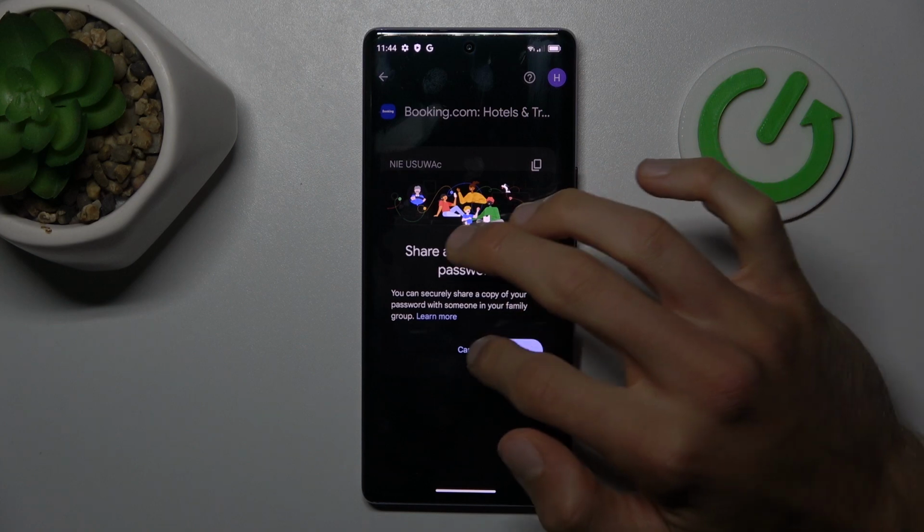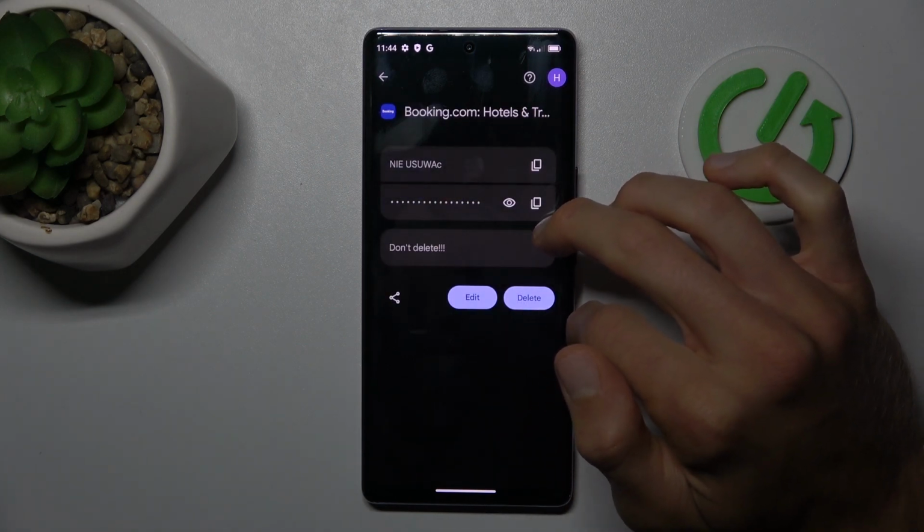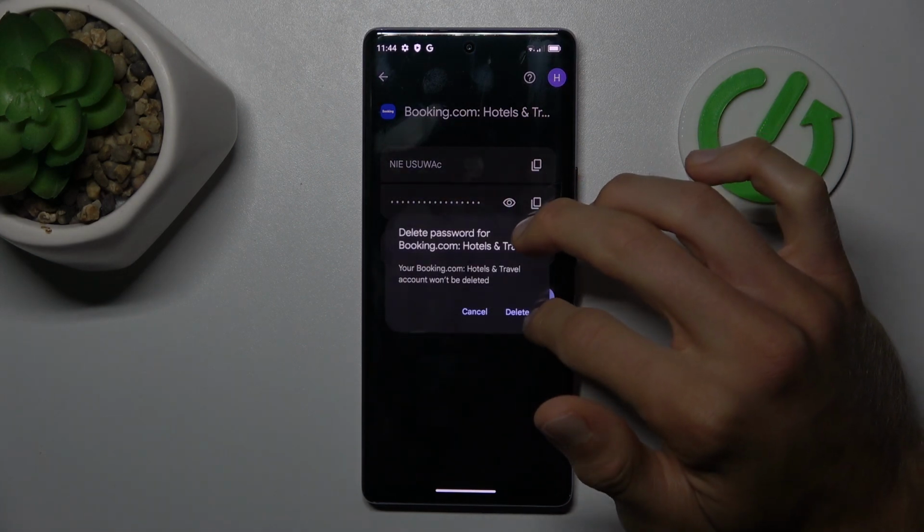By this icon we can share this password with someone, or we can delete it all by tapping delete and confirming by